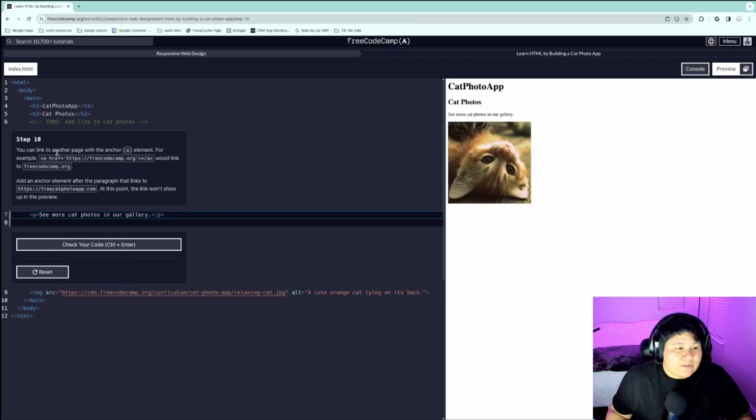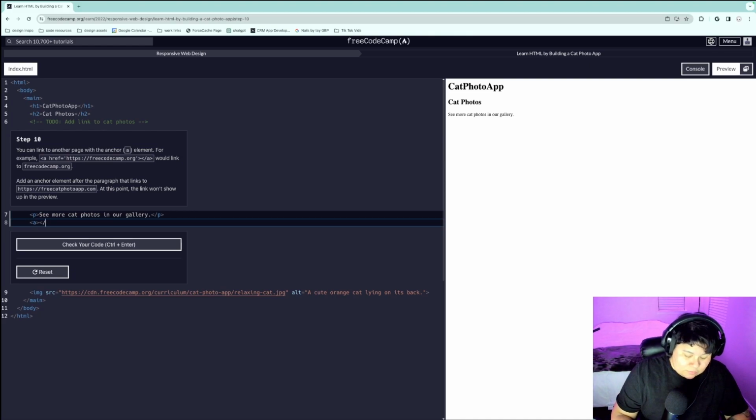Okay, step 10, you can link to another page with the A element, which is an anchor tag. For example, we have this link within these anchor tags that would link to freecodecamp.org. So we're going to add an anchor tag. So we're going to add the A, and this is not a self-closing tag, so we will add a closing